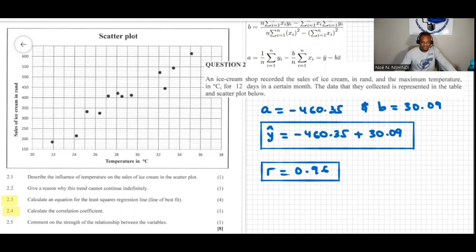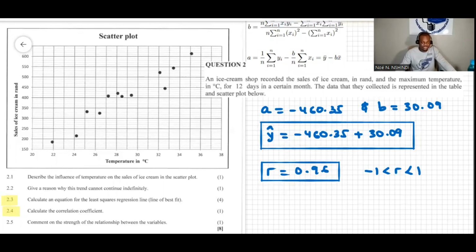Because 0.96 is much closer to 1, we say a very strong positive relationship. It's positive because r is in between -1 and 1. The closer it is to 1, like here 0.96 is much closer to 1,